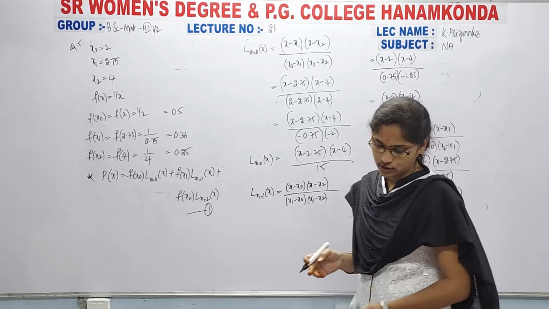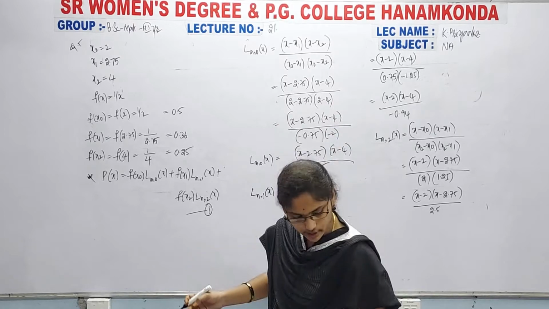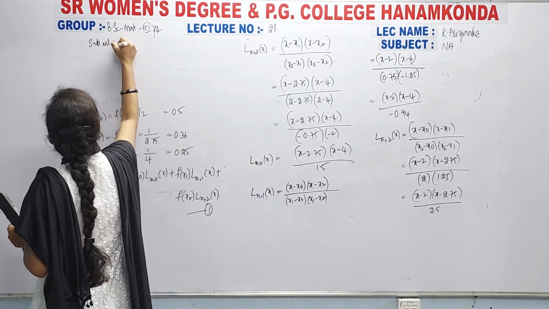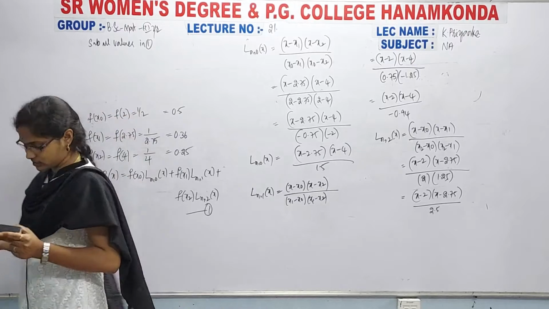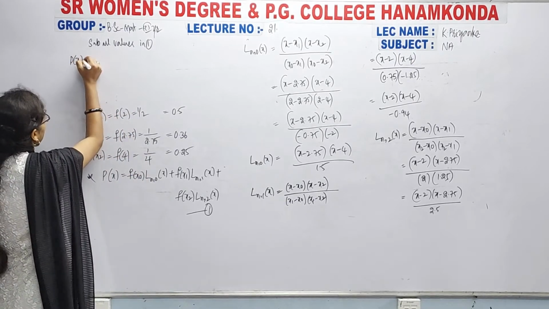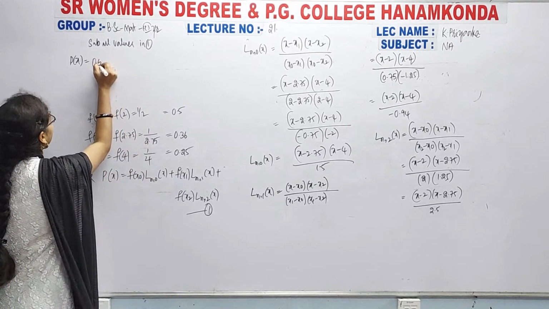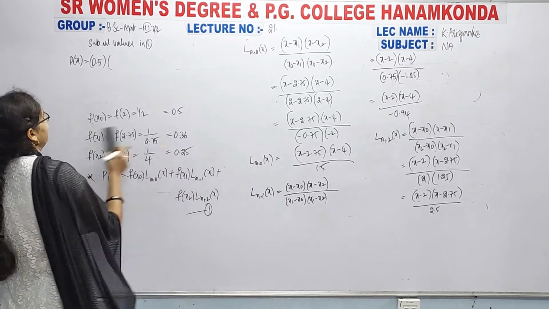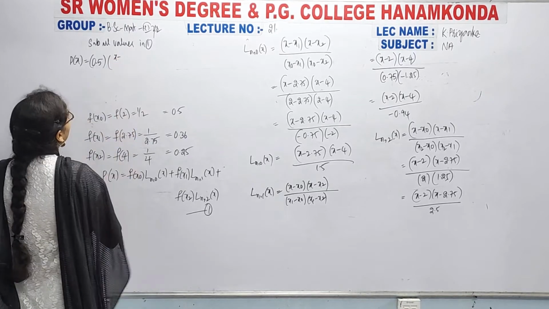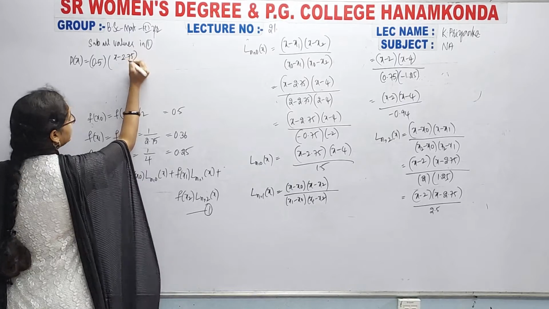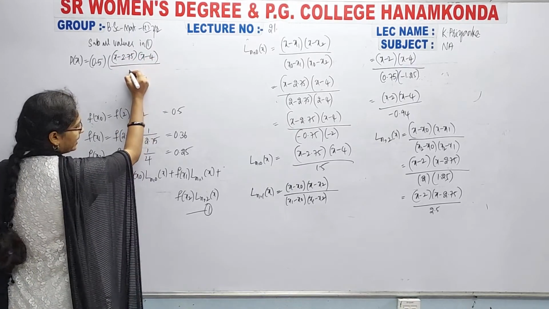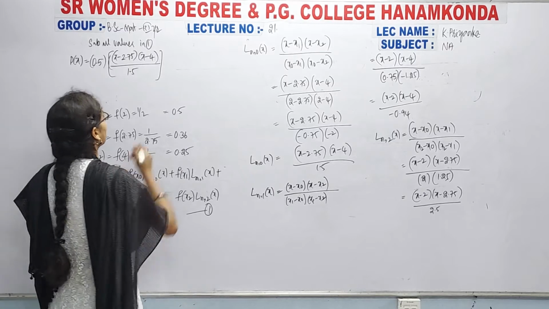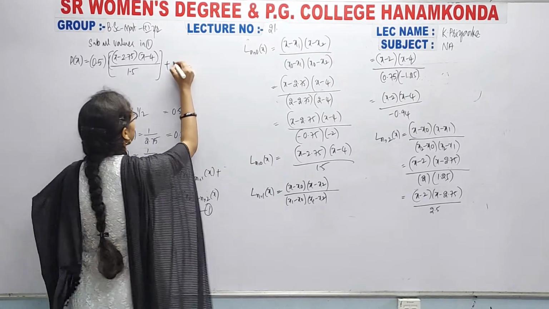Now what we have to do is substitute all the values in equation number 1. So then simply we will get P of x is equal to f of x naught, which is 0.5, and Ln comma 0 of x value is nothing but this value, x minus 2.75 into x minus 4 whole divided by 1.5. The next is plus f of x1, that is 0.36,